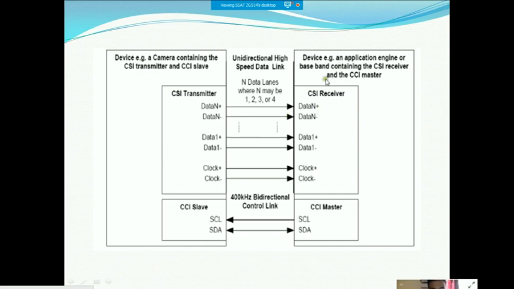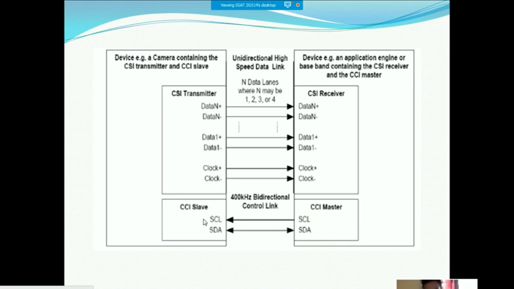And on the SoC side, we will have the MIPI CSI receiver end, which will receive data from the camera sensor. With this MIPI CSI transmitter and receiver, we will have the CCI slave and CCI master end. The CCI master is nothing but an I2C master sitting on the SoC side, which will be used for controlling the I2C slave device sitting on the camera sensor side. The CCI slave is nothing but an I2C slave device. Our camera sensor will behave like an I2C slave device for the SoC.